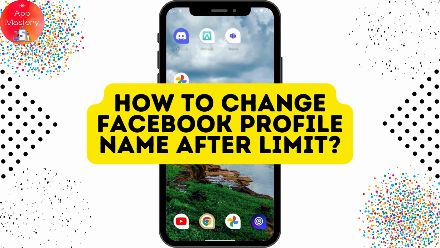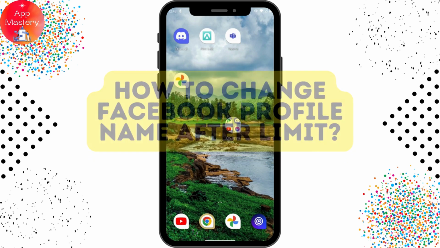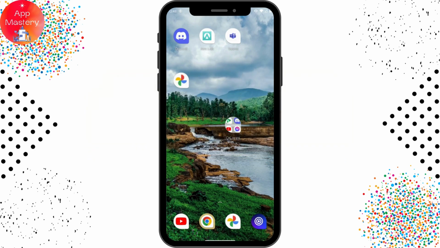How to change Facebook profile name after a limit. So if you want to change your Facebook profile name before 60 days or within 60 days, then first you